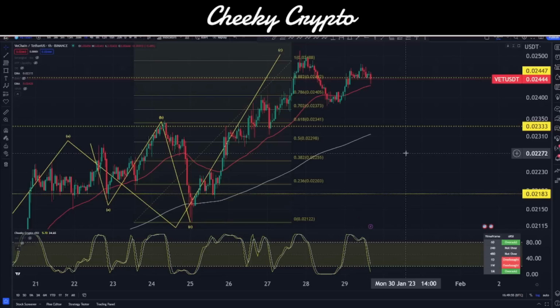Okay, let's spend some time now talking about Vechain on the smaller time frames, and then let's take a look at those larger ones as well and see whether or not we are bullish or bearish on a macro or micro time frame. So here we have Vechain paired up with USDT on the hourly chart, and Binance is